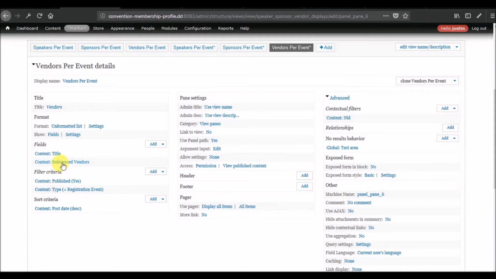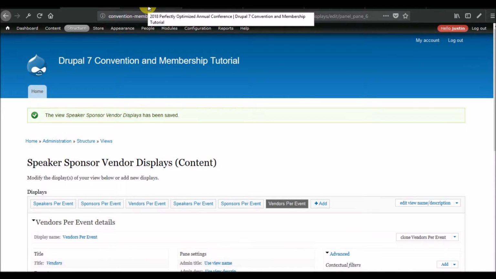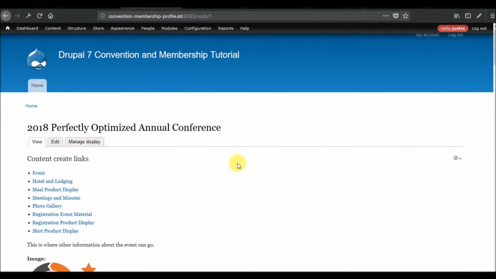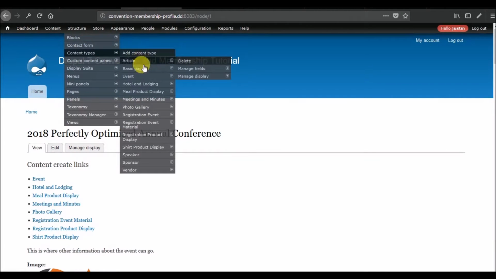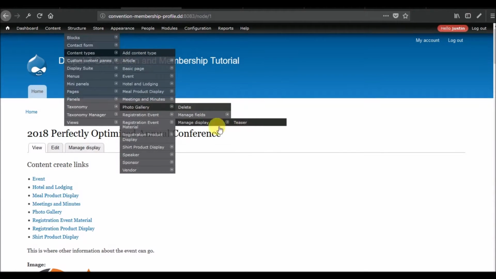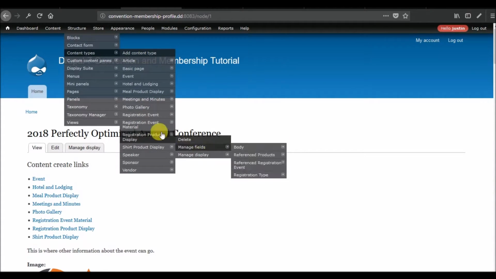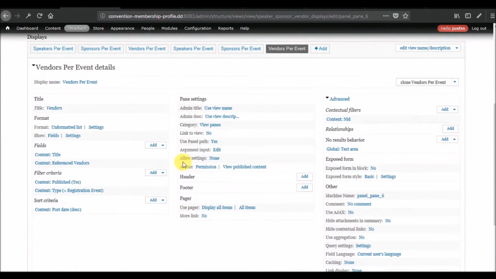Now, something else we're going to get into in upcoming videos is the managed display, or the display side of everything, because we currently still have a very poorly laid out, ugly conference screen. Each one of these content types that we have created, you'll notice in this little flyout there's a managed display, managed display, managed display, and all of them have a teaser display by default. We can actually add to this list on a per content type basis, and that is usually how I like to control how things are laid out in